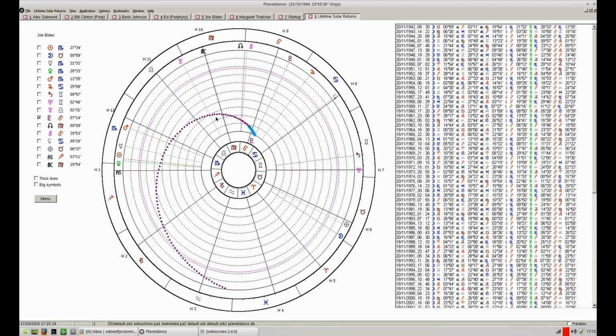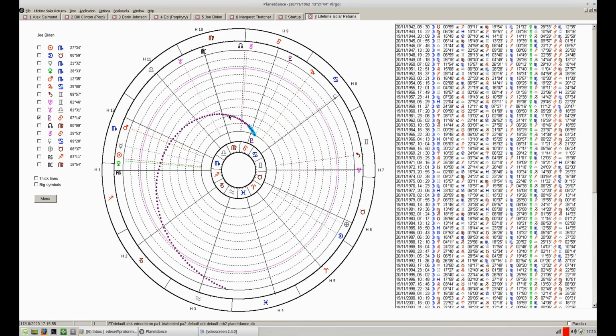This dimension is zodiacal longitude, and this dimension is time. So this is the birth year, and this is 100 years from Biden's birth. This pink circle here is the now circle, which marks the current date in Biden's lifetime.